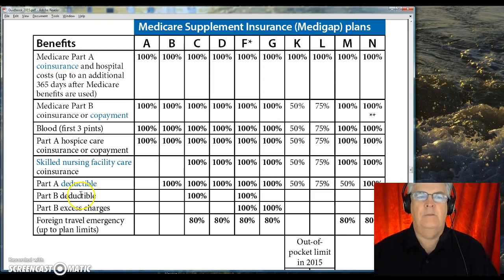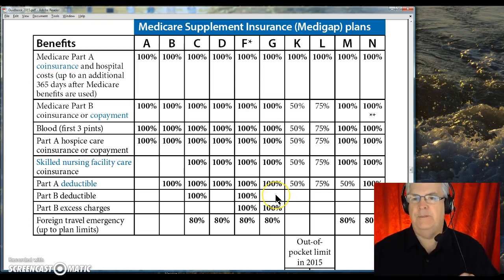Now, this Part B deductible, a lot of people are not sure what that is. Well, that is the doctor. If you go over here to Plan G, there's a blank here. If you go over here to Plan N, there's a blank there. That Part B deductible is $147 right now in 2015. It could go up, could go down, who knows. But right now it's $147. By that being blank,